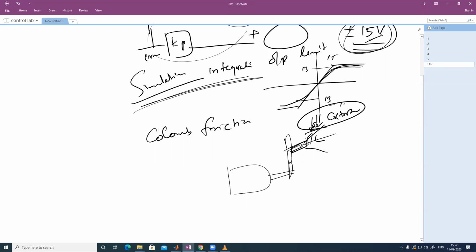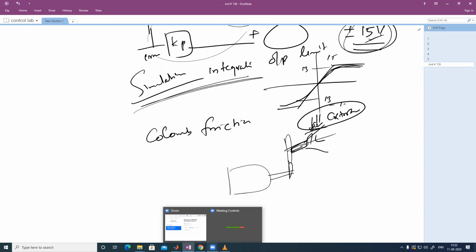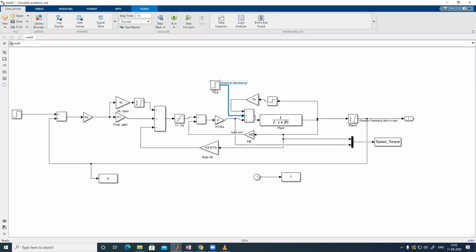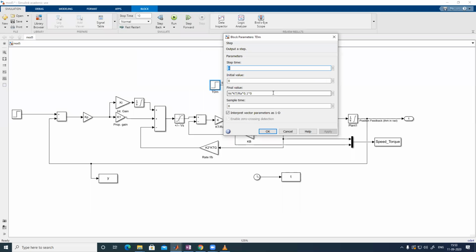That will not act all the time. It will act for a very short time only. So that is the purpose of adding external disturbance here. For taking step response, you make this final value 0. If you are doing a step response, you are not considering the disturbances. You can consider both, but if you do them separately, the step response will be unique for this system.